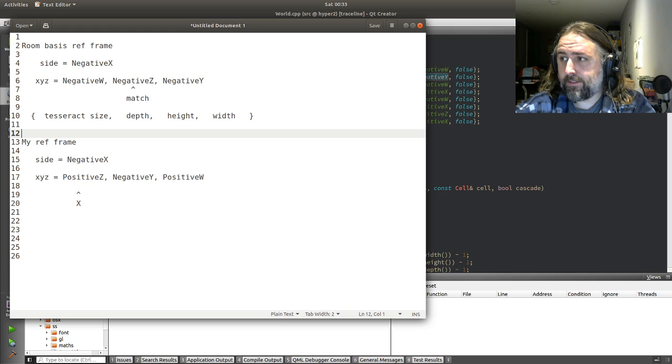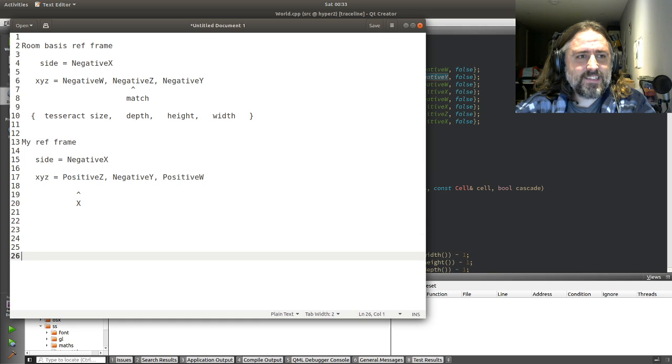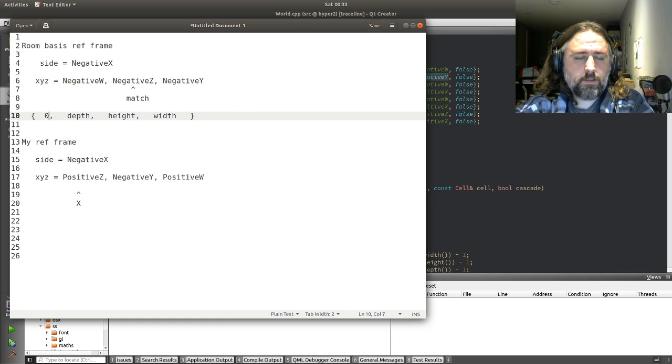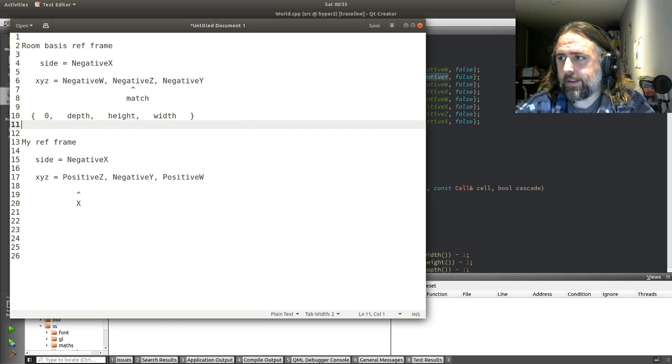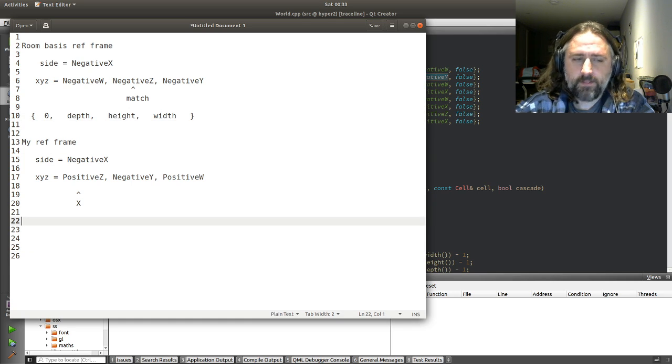In meters to the power of 4. So now, if it's like this, the tesseract size is just going to be 0. We don't care. You're never going to be querying that axis. Or if you are, I don't know. Things have gone badly for you. So let's say, hey,